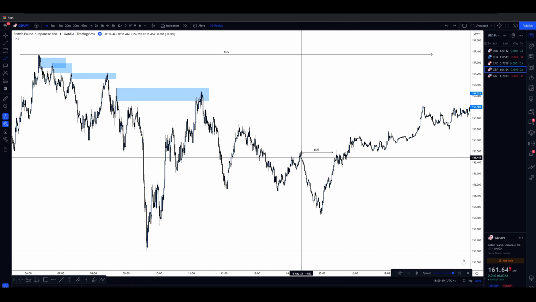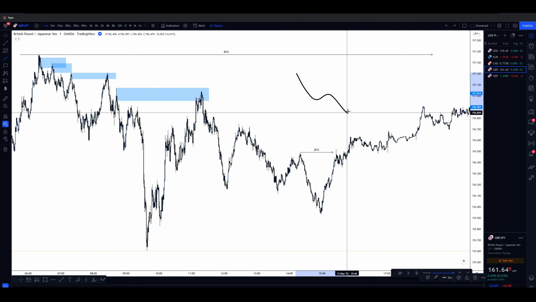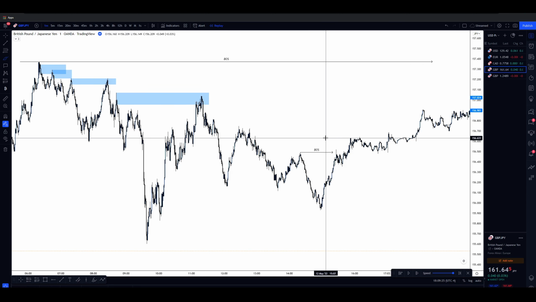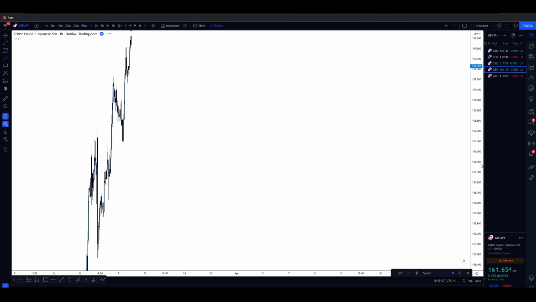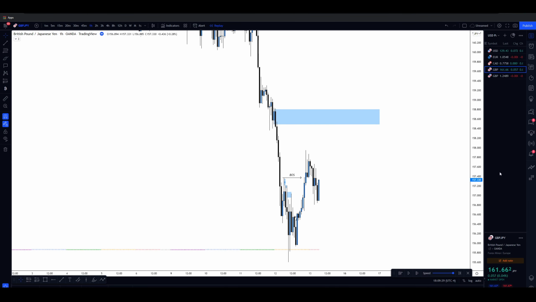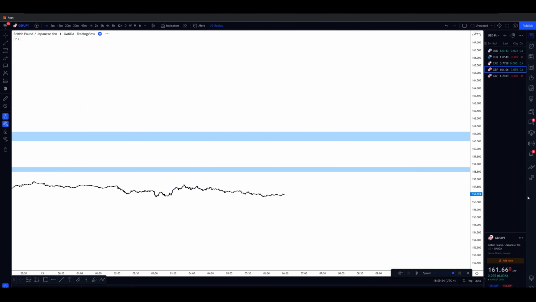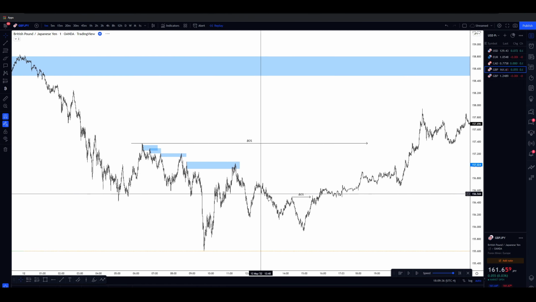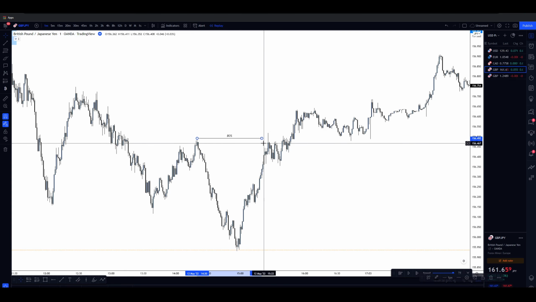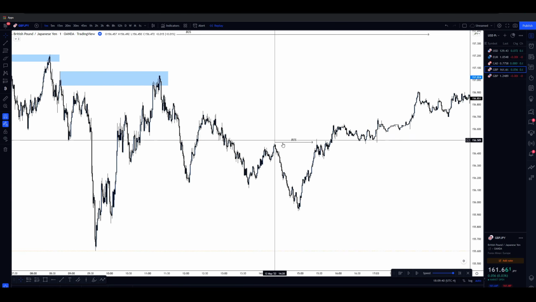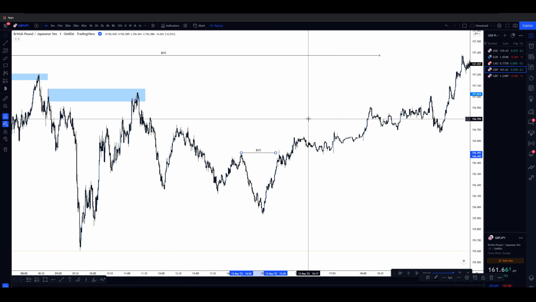In order for something to work, in order for the market to go one specific way, basically flow in a direction, both micro and macro structure needs to be bullish. In this case, if we check the 1 hour time frame, we can see that macro structure on the 1 hour was definitely bearish. If we go to the 1 minute time frame, structure right over here switched. You have that final micro break of structure, and then the market switches and it goes in a bullish direction.